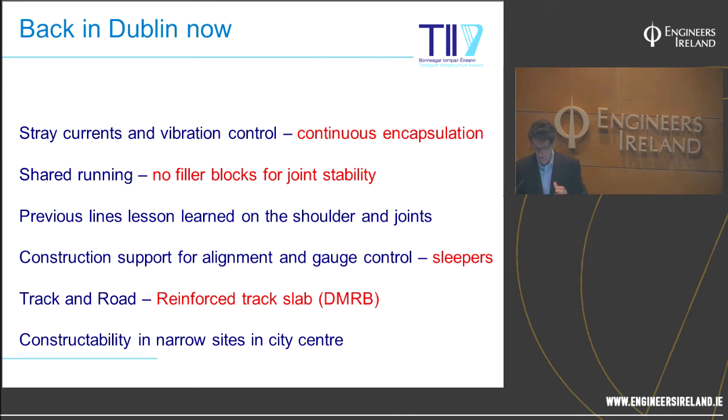Track and road, that was the key aspect. How do we design our slab track? Is that a track or is it a road? Actually, it's both of them. And if you look at the two requirements, probably the road requirement is the strongest one. The loads coming from the road are higher than the loads coming from the tramways. So the decision was taken to design the slab as a reinforced track slab according to the design manual